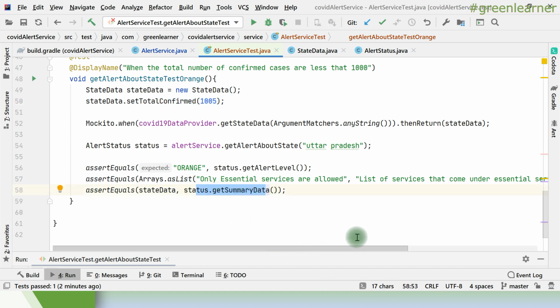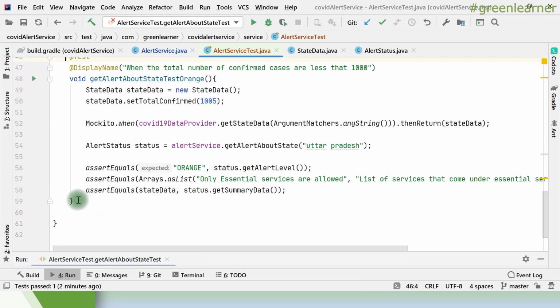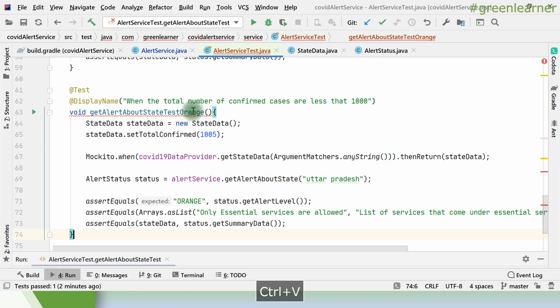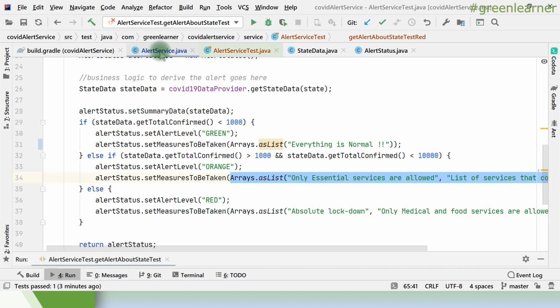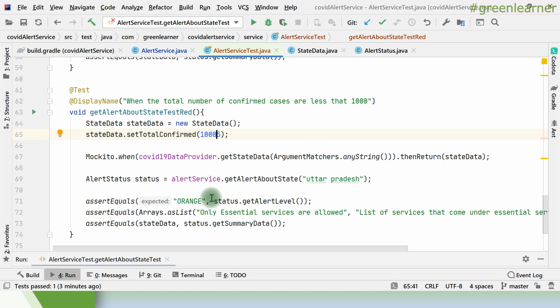So that's it. So this is about the second case, and let me just write the third one, then execute all of these together. So the third case is about red. Red is there when there are more than 10,000 cases, right? So I'm just putting more than 10,000, say 10,005. So this will be red.